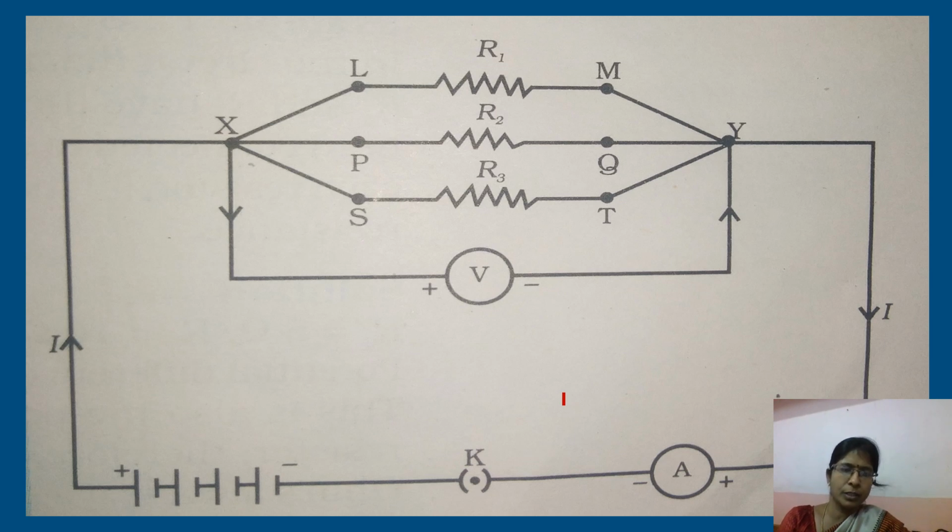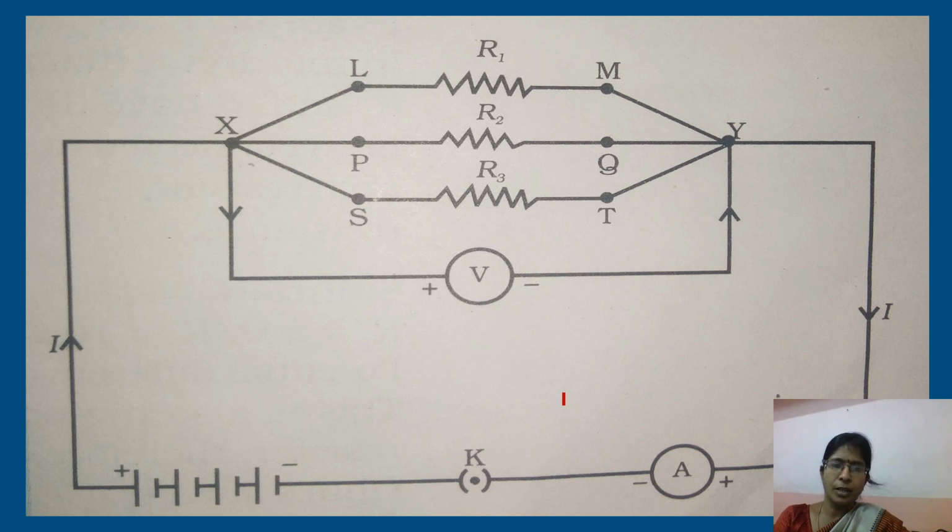The third route is positive terminal again, starting from it, the point X, S, P, Y, again ammeter, plug key and the negative terminal. So after connecting all this, note down the potential difference using the voltmeter across the combination